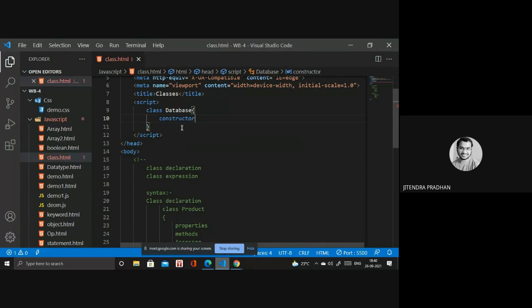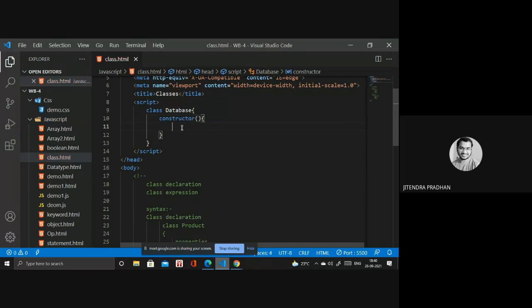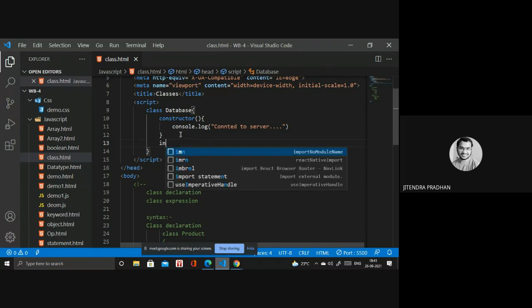In the constructor I will use console.log to write "connected to server". Next I will write another one, insert. Insert is my method.